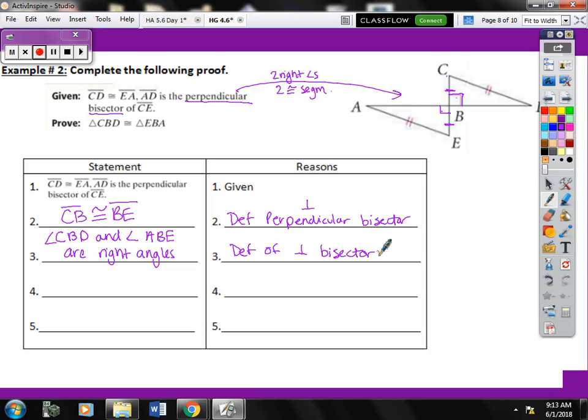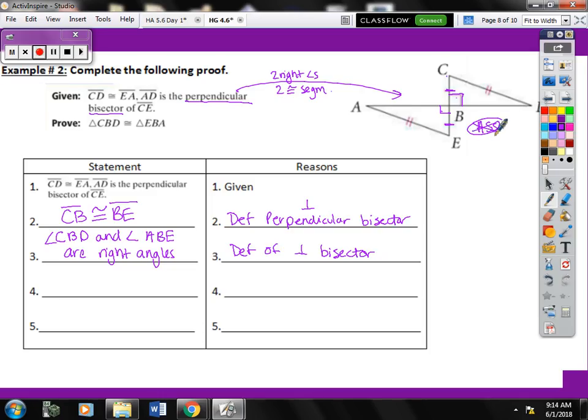Now, normally what would we say after we say they're right angles in a normal proof? Maddie? That they're congruent, because all right angles are congruent. You don't actually need to do that. Now, if you do it, it's not wrong, but you will add an additional line to your proof. If you're using HL, you don't have to tell me that they're congruent right angles. You just have to tell me that they're right triangles, and then you can use HL. So, in this instance, you would notice that you have